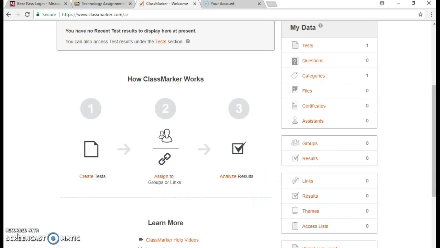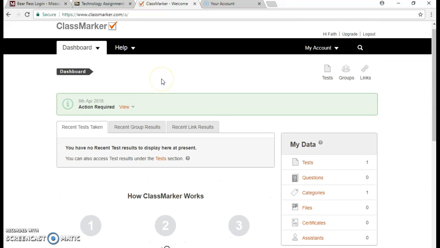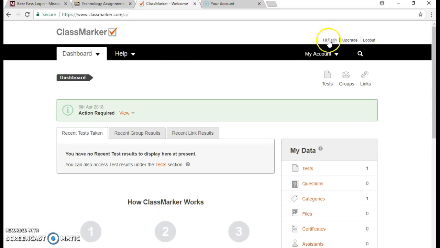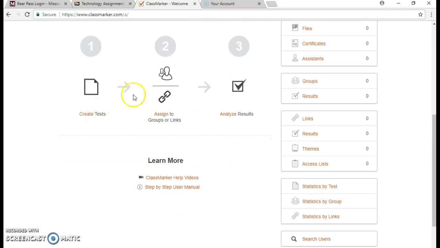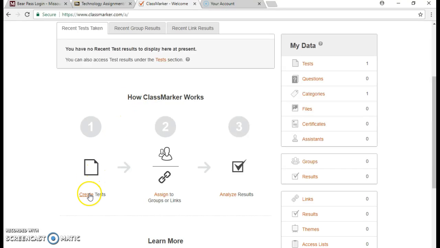Okay, so now that you know how ClassMarker kind of works and how it's set up, I'm going to show you how to use it on the actual ClassMarker site. So I have logged into my account, and I have the free account, so I'm restricted in some ways, but not very many. So on ClassMarker, you create tests, then you assign them to groups that are in each classroom, so you'll have a group for each classroom, and then analyze results. This right here is where your results from the tests are sent. So you click Create Test,